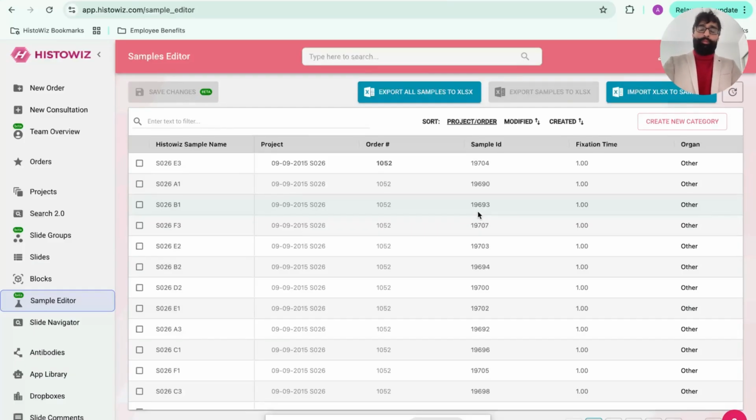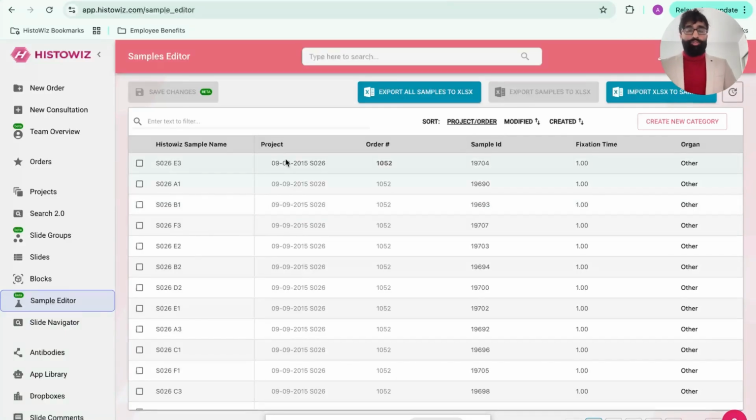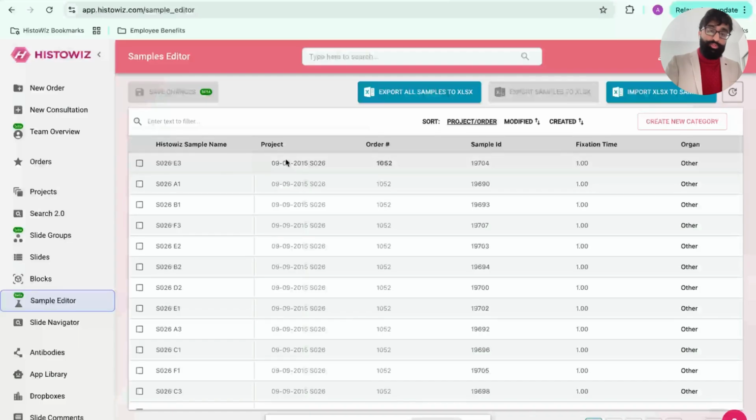And up next, the platform itself supports customizable hierarchy. We have several pharma customers and biotechs who have an exclusive way in which they want to organize their data across projects, orders, and images. So the platform allows you to do that. And not just that, it also allows a high level of customization through slide groups.